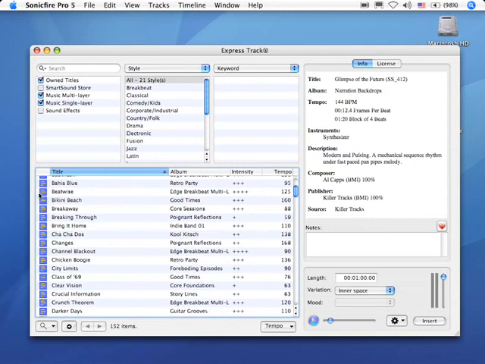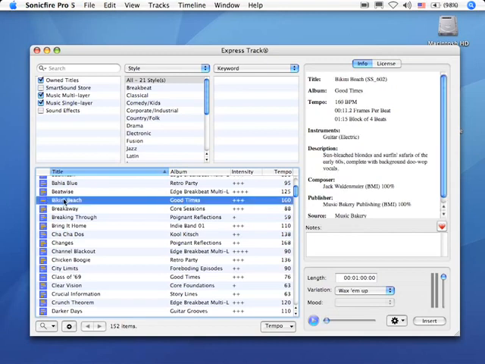Notice we've got two different icons here. We have a multi-layer icon and a single-layer icon. Think of this as a multi-track, and this is a stereo track. For instance, here, with Bikini Beach,